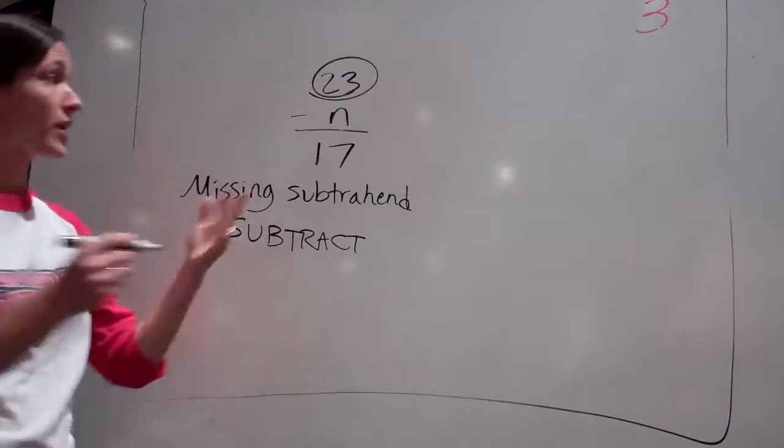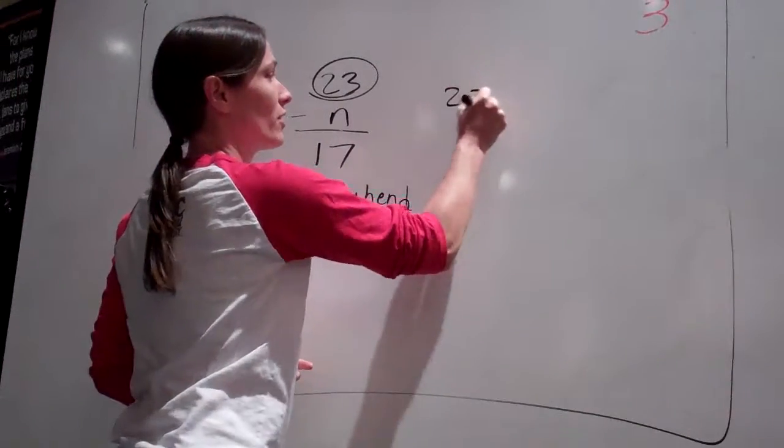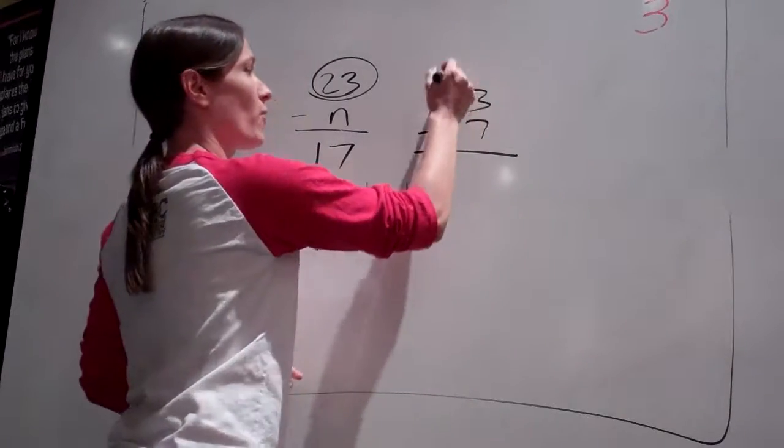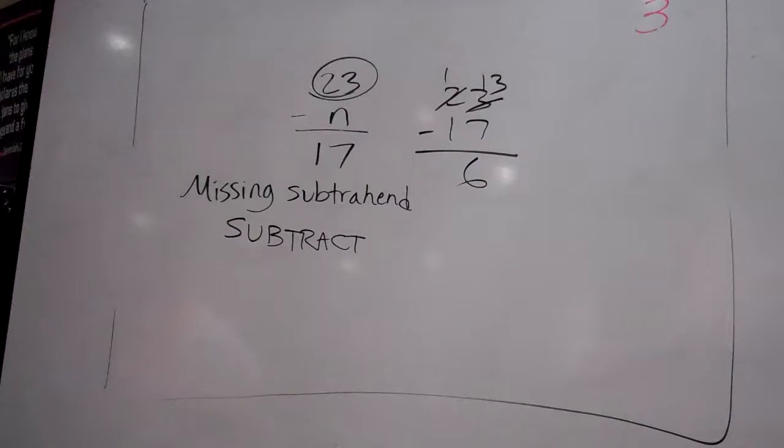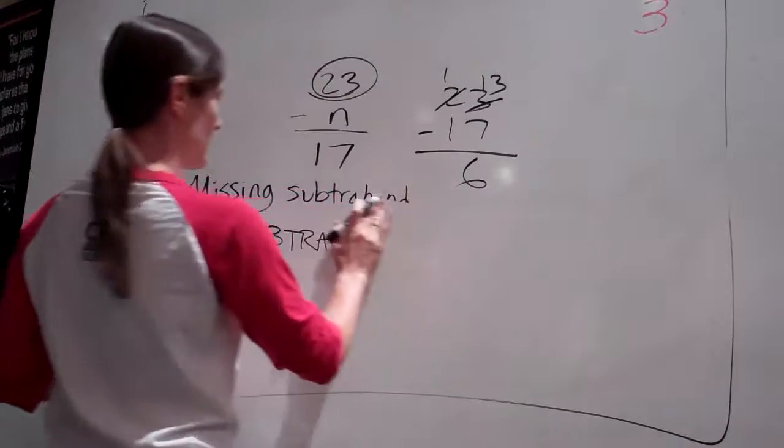Very good. So, tell me the answer. You subtract 17 from 23. You're exactly right. And what will I get? 6. Very good. Okay? So everybody got it? All right. What if there is a missing